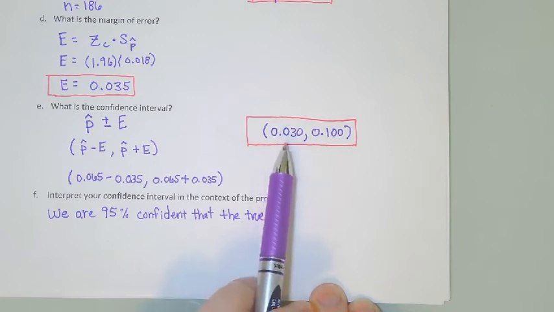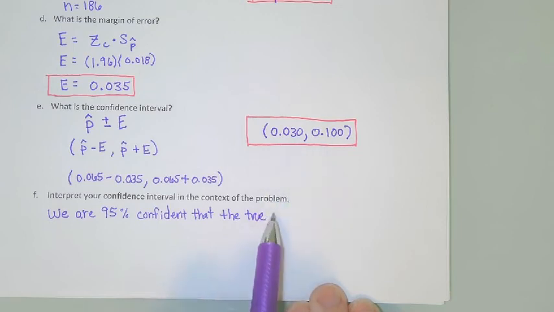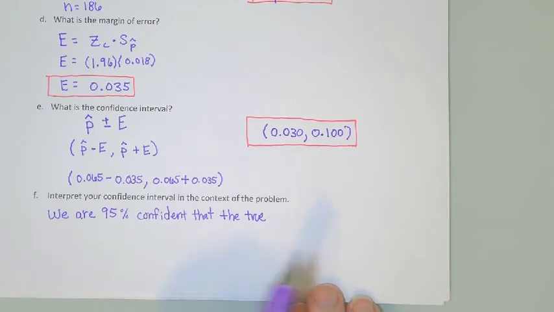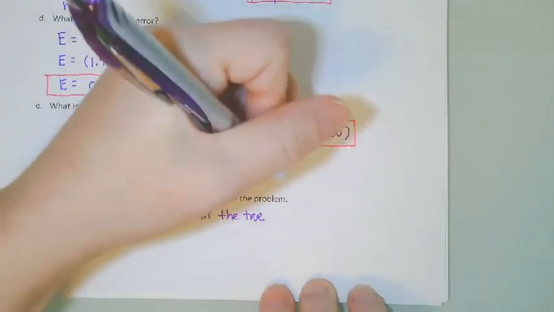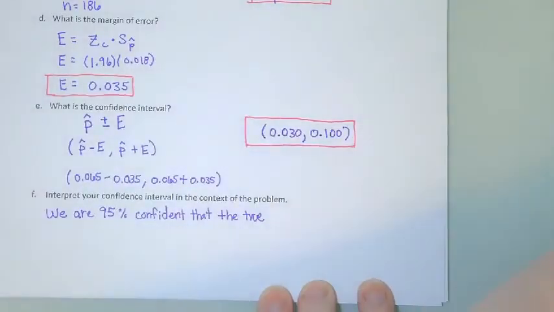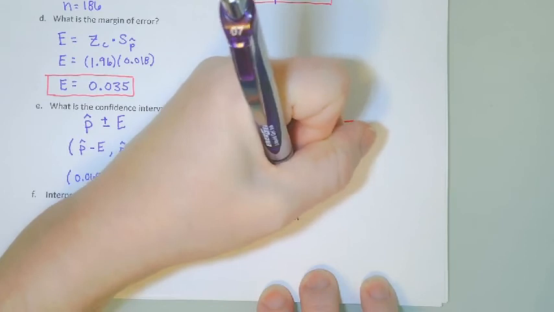But if you're going to convert these to their percent form, then you could use the word percentage, and you can choose either one. It's perfectly okay. So I might do the percentage. So we are 95% confident that the true percentage